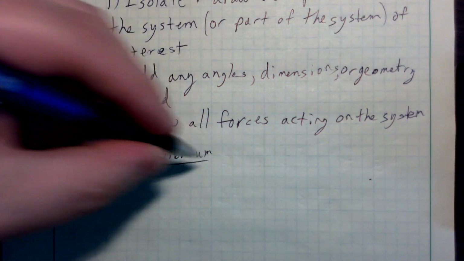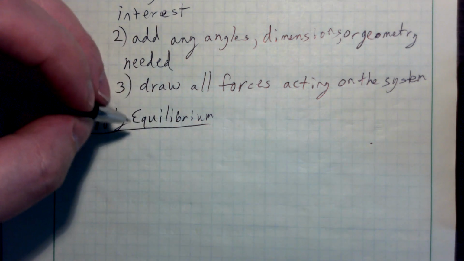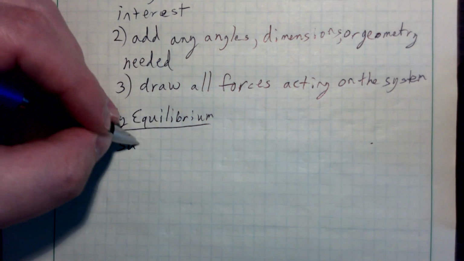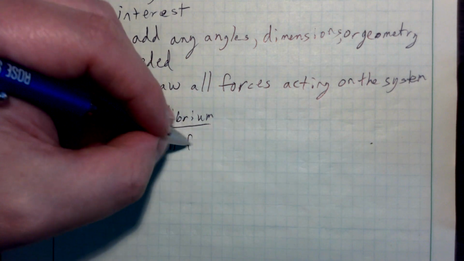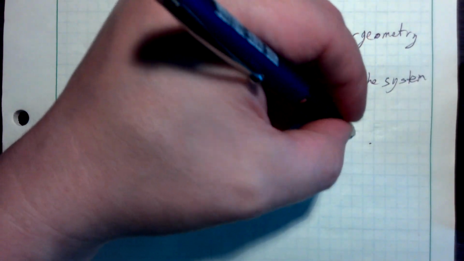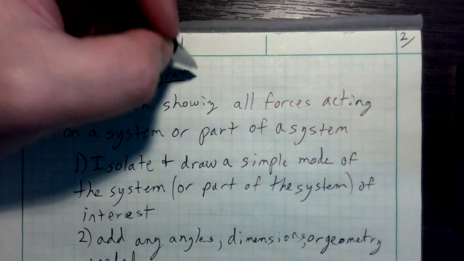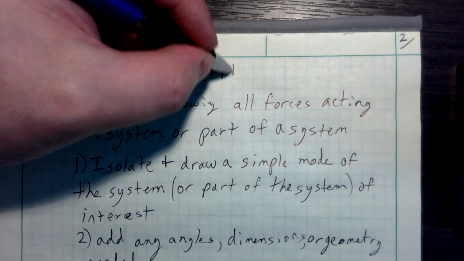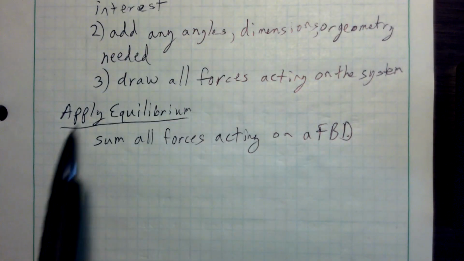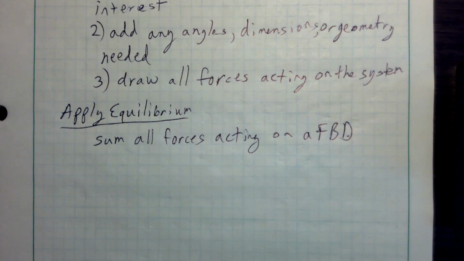When we say apply equilibrium or write equilibrium equations, what we are saying at that point is to sum all forces acting on a free body diagram, which is FBD. That is a free body diagram. We're not going to write free body diagram out very often. We're just going to call it an FBD. To apply equilibrium means you're going to sum all forces acting on a free body diagram